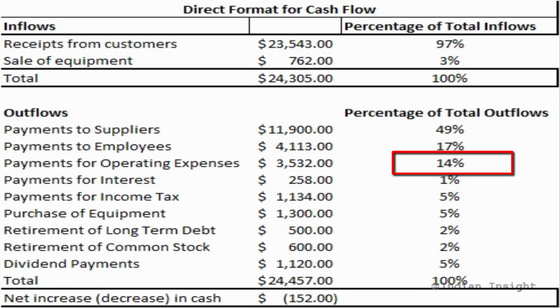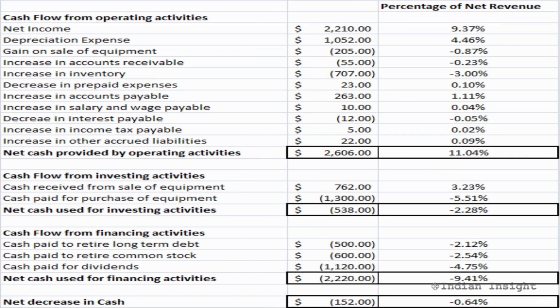So by looking at the common size analysis, it is easy to determine what dominates the cash inflow or the cash outflow. Now in the next example here, we see that the common size analysis is expressed as a percentage of net revenue. Under this approach, each line item in the cash flow statement is shown as a percentage of net revenue. This common size exhibit is developed using the net revenue of 23,598 for the company. Each line item is expressed as a percentage of net revenue.